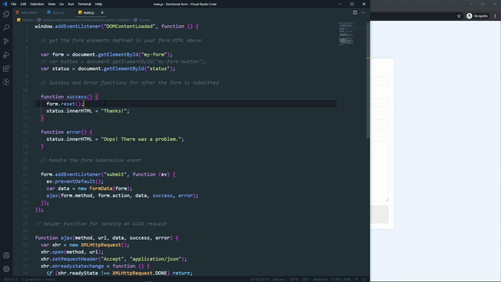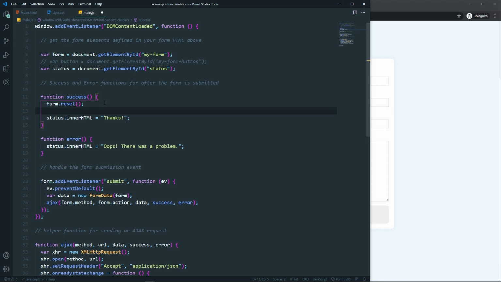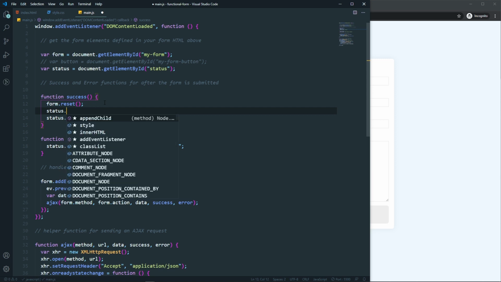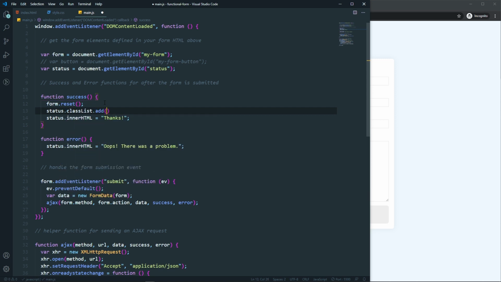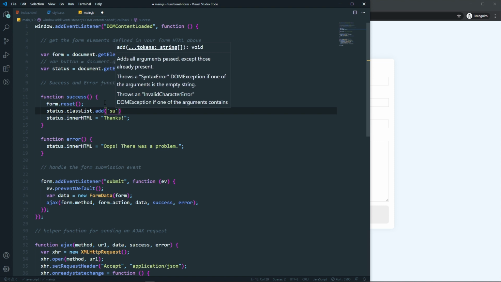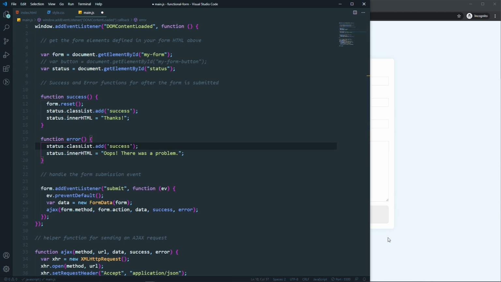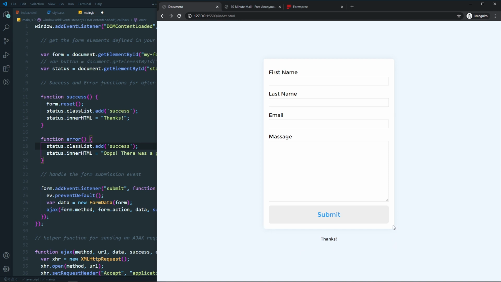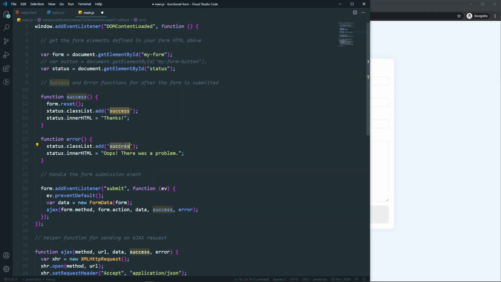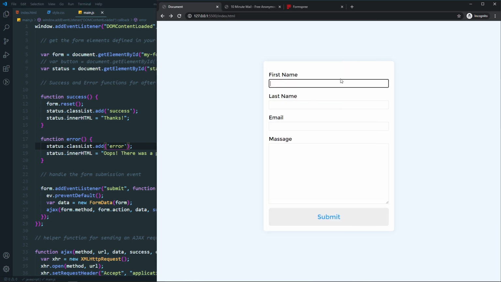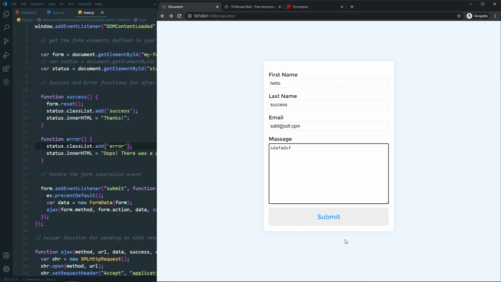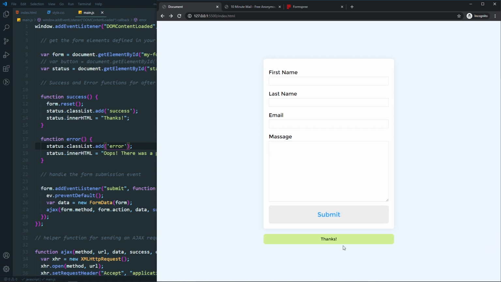Now what we can do here in our success is also add a class to the status bar. So in our success, let's say status dot class list dot add, and I will add a success class. Whenever we have an error, we will add the error class. This will apply the style for our success or error bar here, as you can see. So let's change it to the error, and if I save and submit it one more time, if we submit it successfully, we have the success style, as you can see, and it is